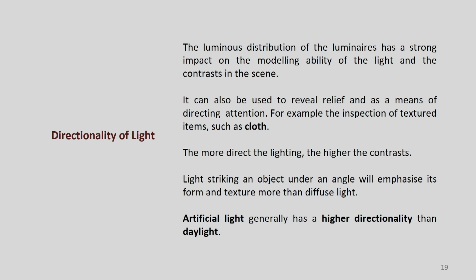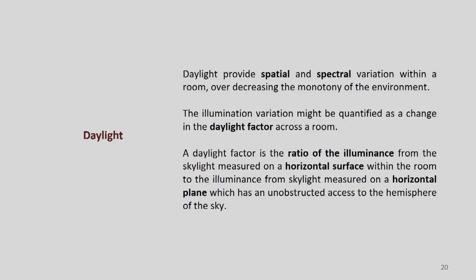Of course, daylight has only one typical source, and it spreads approximately uniformly. But when we are talking about artificial light, its position, its intensity, its orientation matters a lot. So, there are a lot of issues that need to be taken care of when we are talking about the directionality of light.